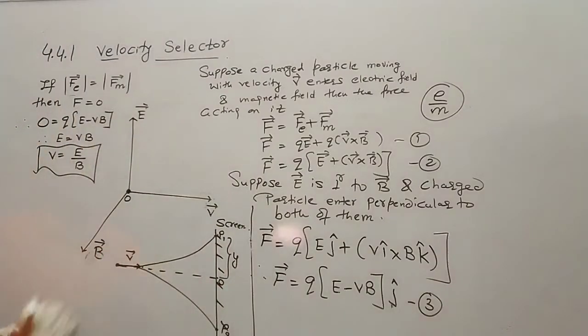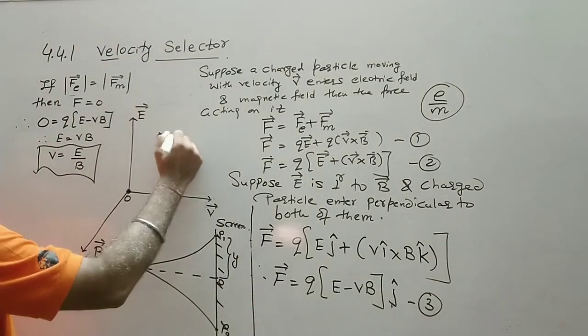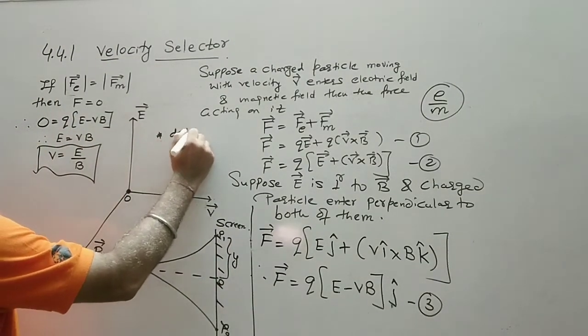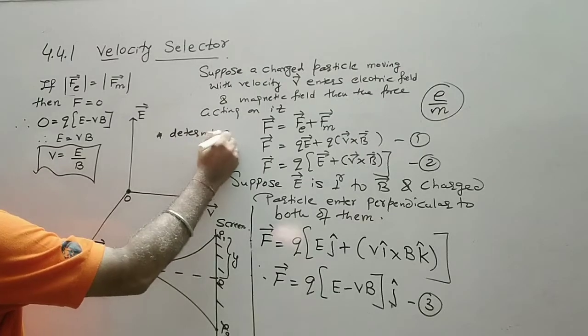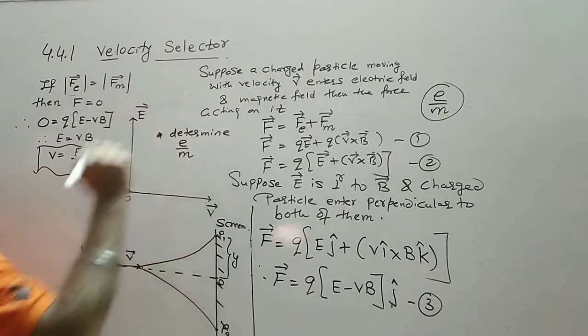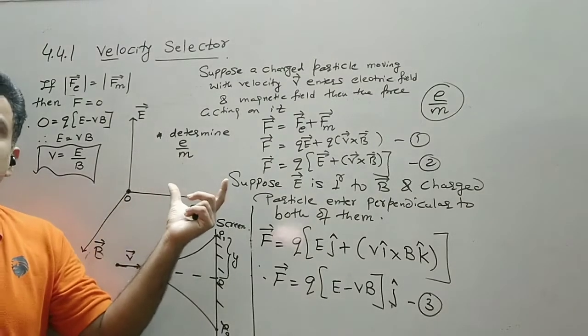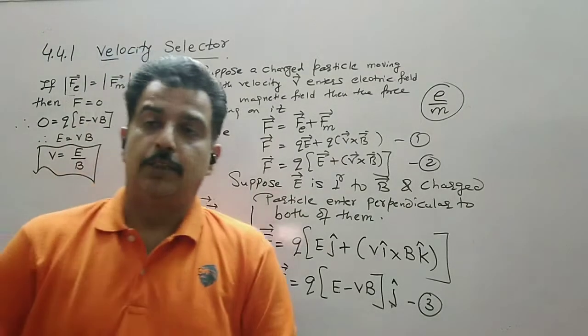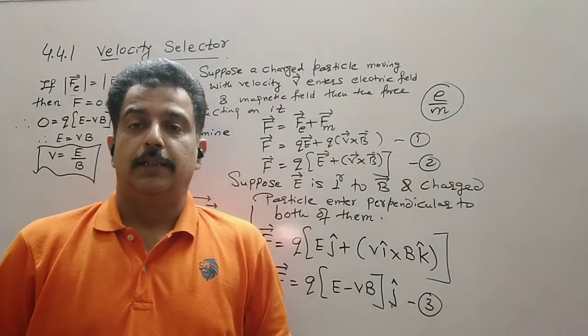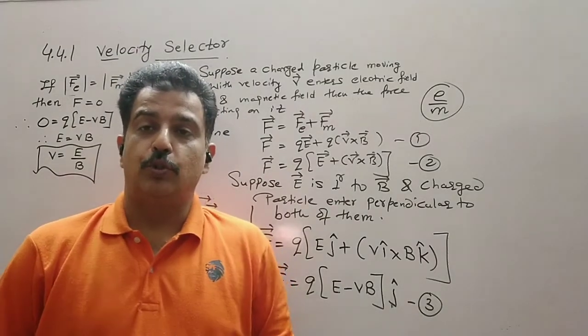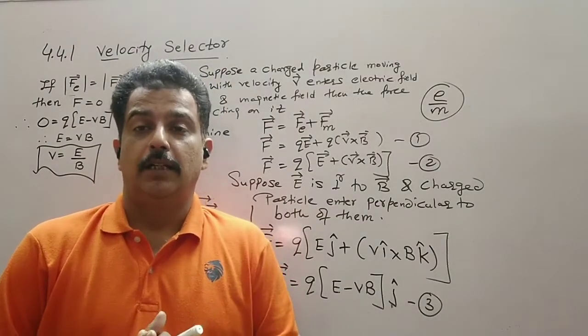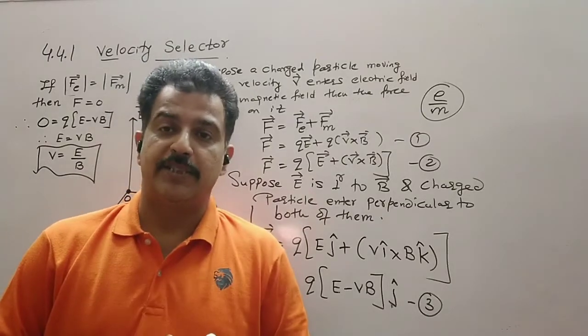What is the application of this theory? It can be used to determine the ratio e by m, as done by J.J. Thomson. Or this method can also be used to select a charge of a particular speed,